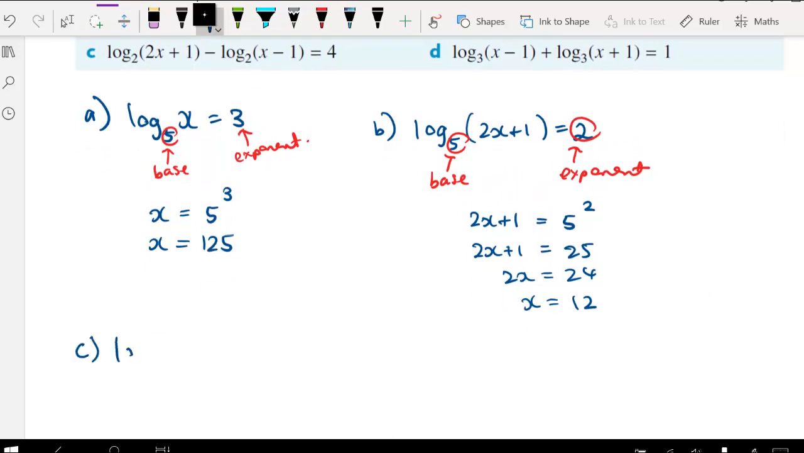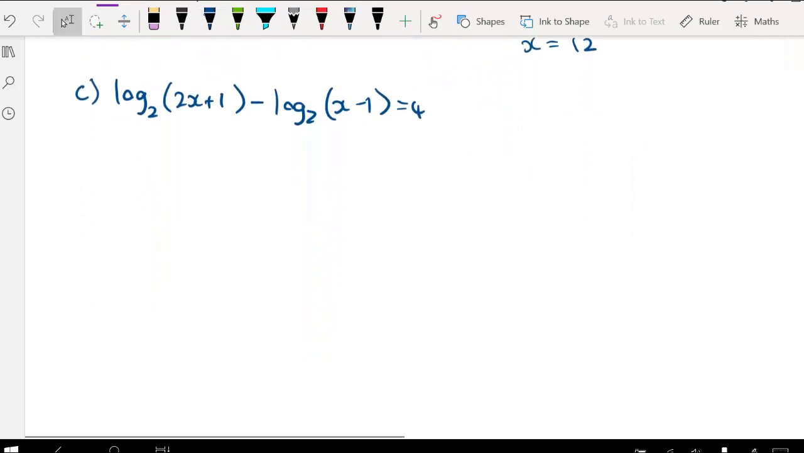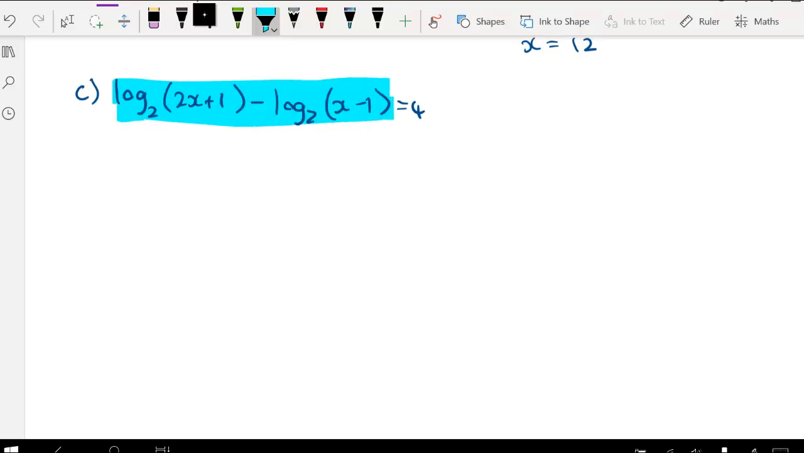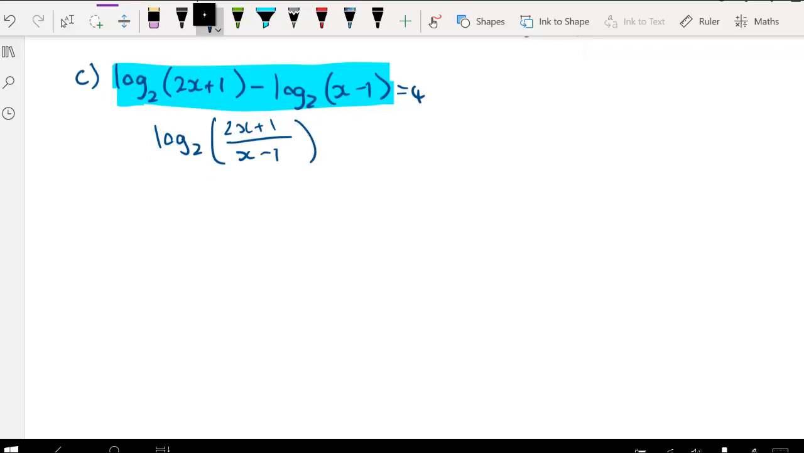When we look at C, we have log base 2 of 2x plus 1, subtract log base 2 of x take 1 is equal to 4. Now this one's a little bit more complex. We have log base 2 and log base 2, so these two have the same log base and have a coefficient of 1, so we can use our quotient law to combine them. So we can say this is log base 2 of 2x plus 1 over x take 1